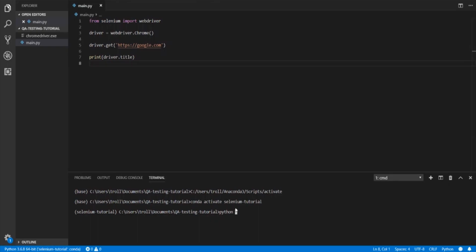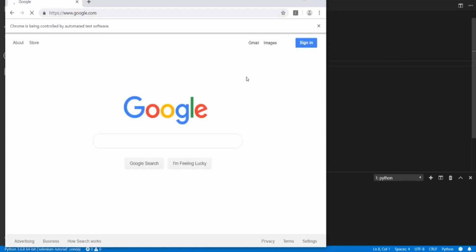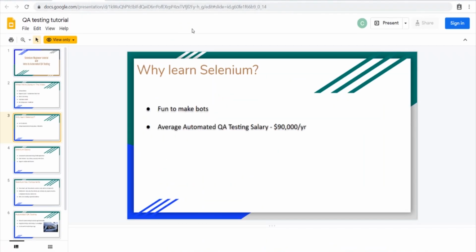And we're going to run this file and make sure, if you have your system set up properly, we should see that it'll open up a browser window. And you see it takes a second, but then it puts in Google, and now we can see inside this automated browser we have Selenium working properly. So now that we've verified that everything's working as we would expect, let's go back to the slideshow